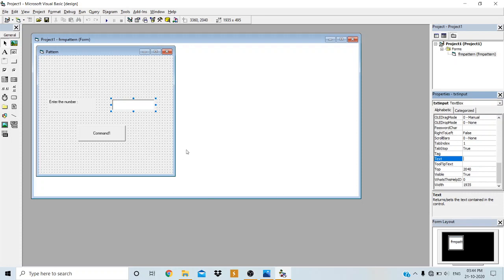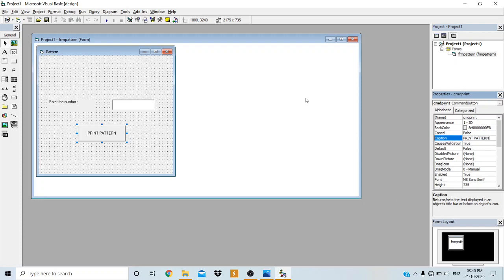Then I will change the properties of the command button: the name of the command button cmdPrint, then the caption of the command button I will set to Print Pattern. So only these are the required properties that I have changed.